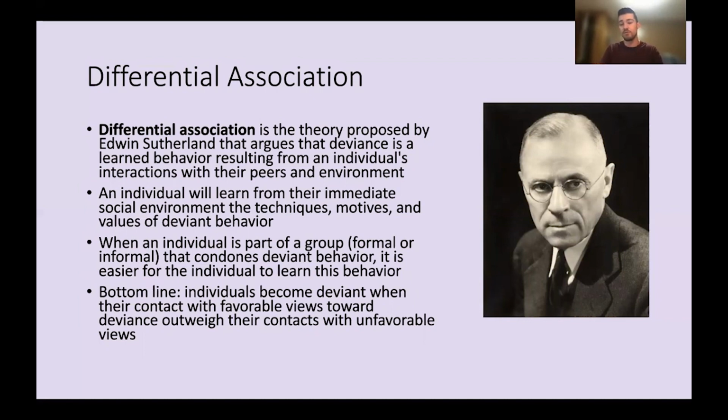But if you stumble upon a new friend group and they're drinking, doing drugs, and you're part of that, you're going to want to fit in. According to differential association, that's pretty much all the factors that you need to exhibit deviant behavior, just because you're part of that group. And the views that those people hold in terms of the deviant behavior is going to be a lot more favorable than the views that the previous group has held. So now, because you're in contact with those favorable views and you're no longer in contact with the unfavorable views, the chance for committing deviant behavior is going to be extremely, extremely high.